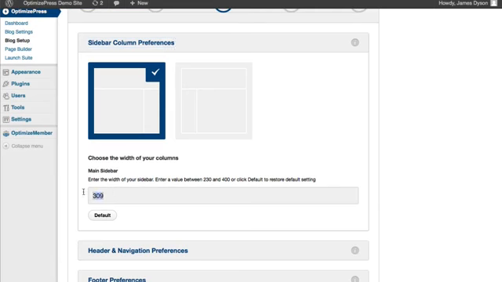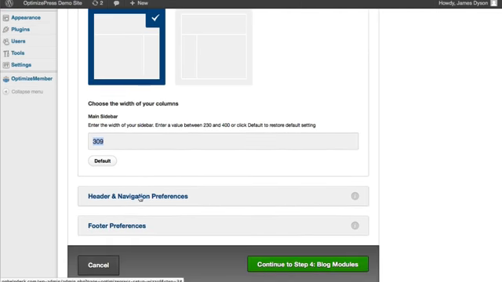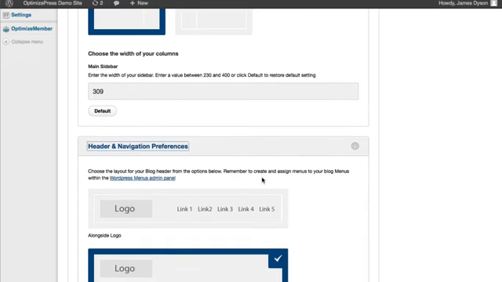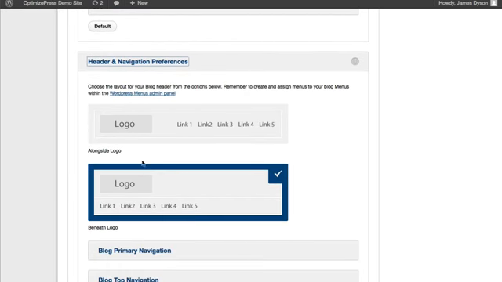You can also customize the width of the sidebar here, anything between 230 and 400 pixels. If you enter anything outside of those, the page will refresh and you'll need to change this to allow it to save. The header preferences, now here we can specify, if you're using a logo like I am,